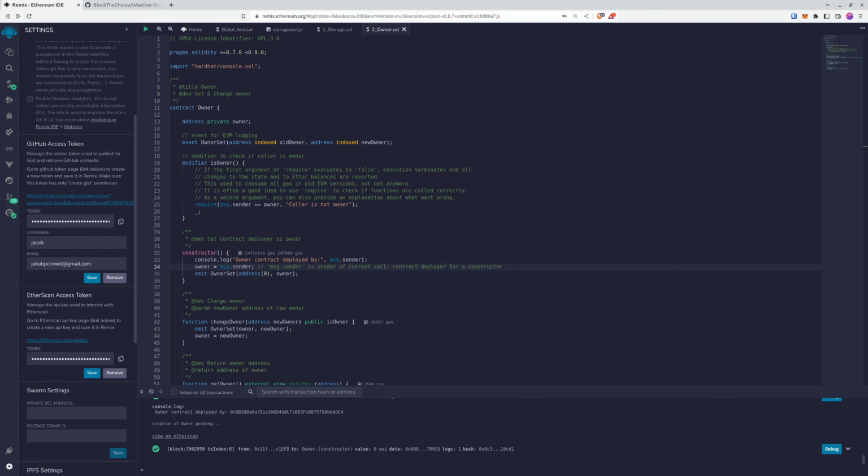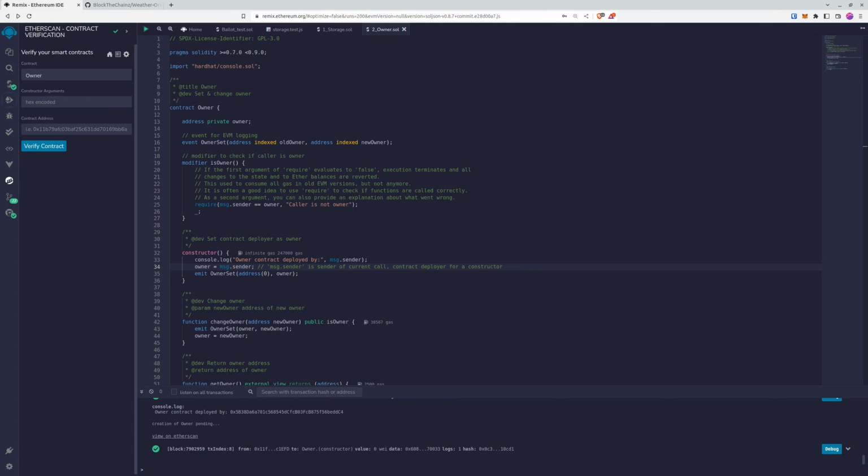And here, if you scroll down, you can find the Etherscan access token. So you have to pass the token here, and how to get the token? Simply you go to the Etherscan.io website, and there you have to register, and in your profile you can find your API token. We will leave the link in the description if you do not manage to do that by yourself. But going back to our plugin,